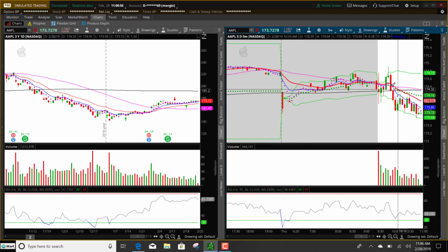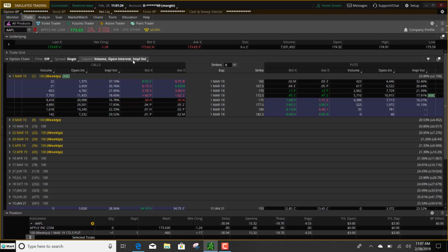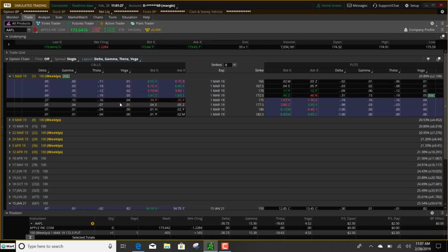So as the stock fluctuates, it's not going to be like just trading a stock because there's so many moving parts to it. There is the Greeks. So the Greeks are really, really important. They sound hard, especially if you're just looking at them, but it's actually not that hard when you just take some time to practice. And so time would probably not be in my favor. Let me just add. So I added the Greeks to this,